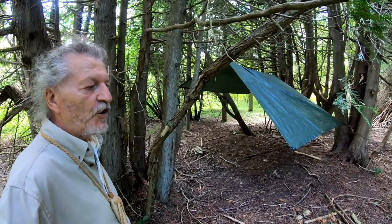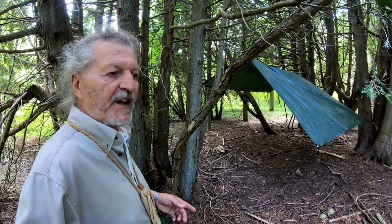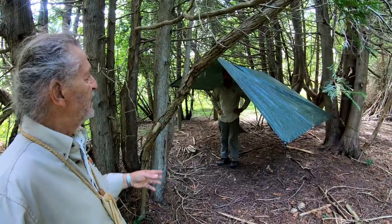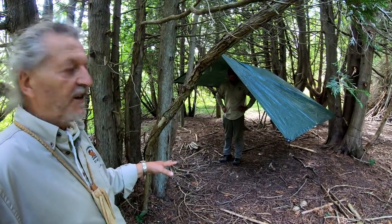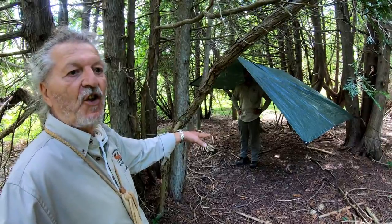Exactly. Now, if I had to cook in there, I'm going to ask Dan to step inside. Dan, would you mind going in the shelter, please? And you'll notice that he can actually stand in it, and there you go. He can stand in it, and if he wants to, he can sit in it. He can cook in it. He can get a fire going in it,